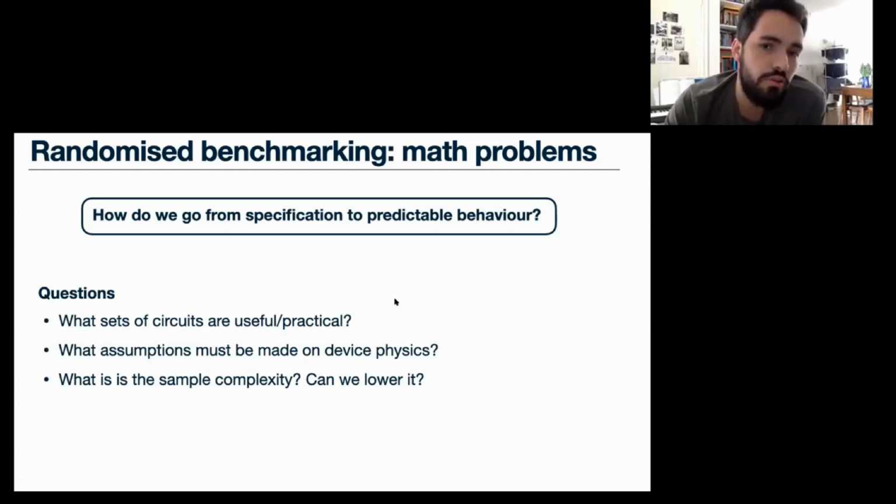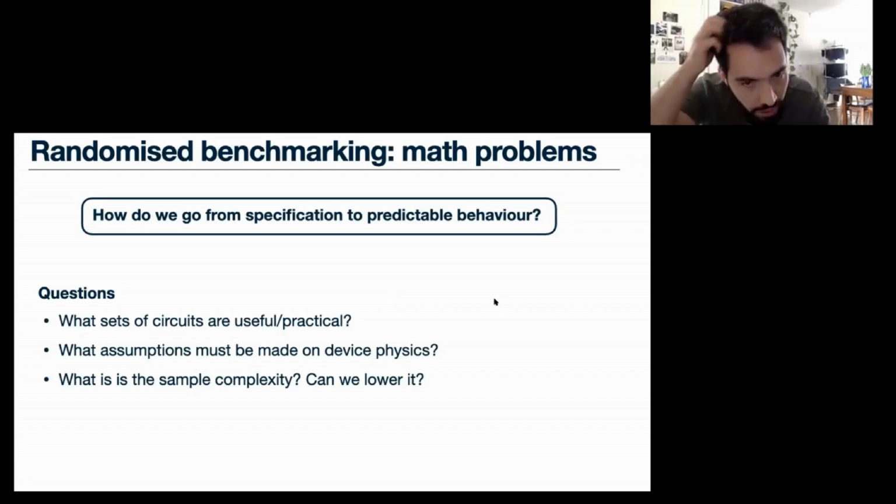The goal is to get as much bang for your buck by making as abstract an assumption as possible. So you could say, I want my noise to be time independent. This is saying almost nothing about the underlying device physics, but it gains you a lot in terms of the predictability of these types of protocols. And then, of course,